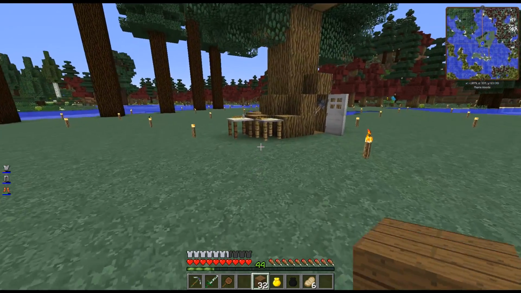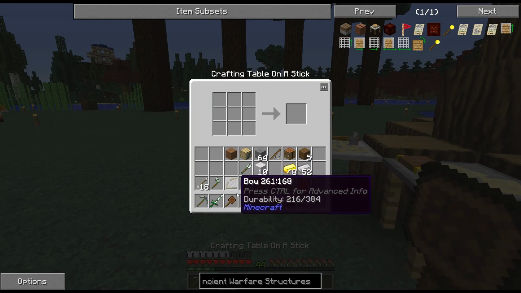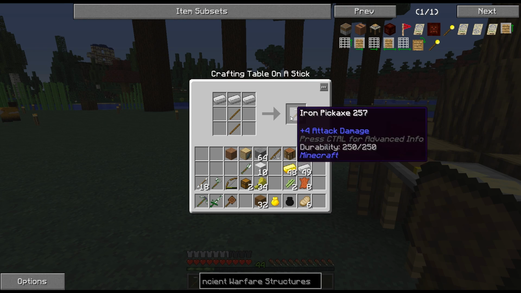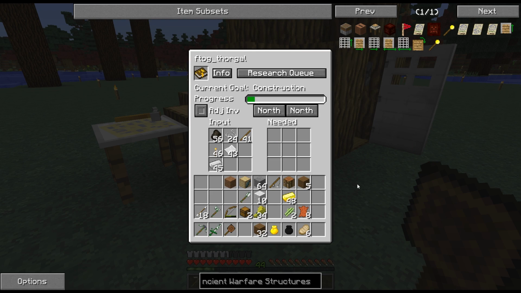Now, come here. I need 2 of you. Let's make it in here. Iron pick. That and that. So now that we have this, I can make the drafting station. And then it gets, I think, a little bit more complicated. But as far as I've seen in the drafting station...